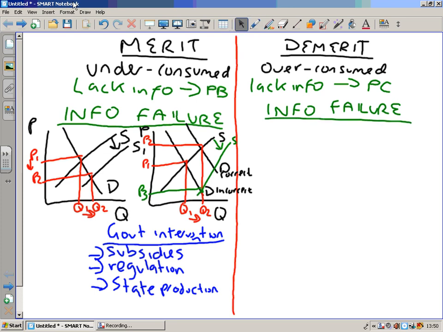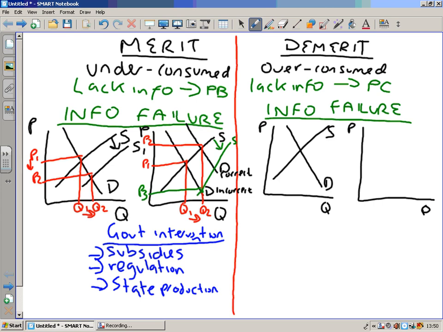And again, let's think about how we can graph this. We've got a simple diagram and we've got a more difficult diagram. Simple diagram, we start off with an equilibrium point. So in the free market economy, people will consume Q1 and pay P1 for this particular demerit good. If we want people to do less of it, we need to raise the price. If we can impose an indirect tax to supply at S1, this clearly will raise price to P2 and lower consumption to Q2. We've therefore corrected the problem.